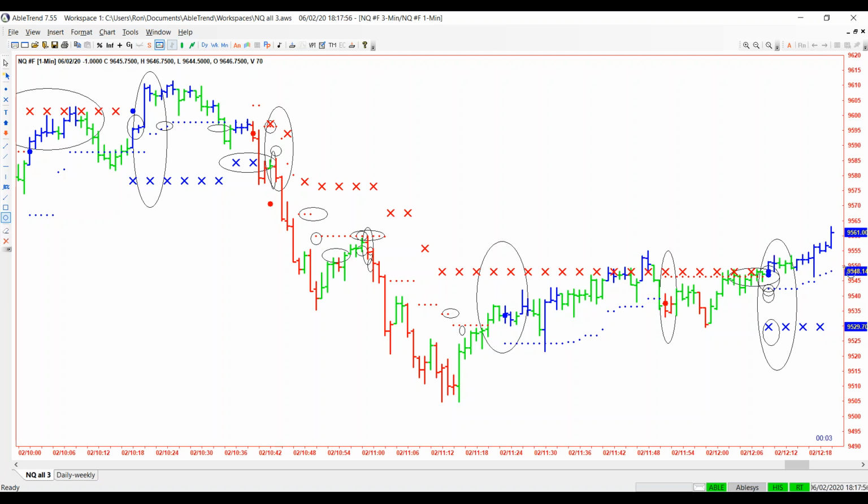So we went long here at about 50. Now let's even call it 55. It wasn't. But if you missed it, you had another chance there. Why? Because the price didn't go up yet. Another chance there. Another chance there. Wow, you had 4 chances there. You couldn't miss that one. A serious disciplined Able Trend trader would be jumping all over this one because it just couldn't be any more